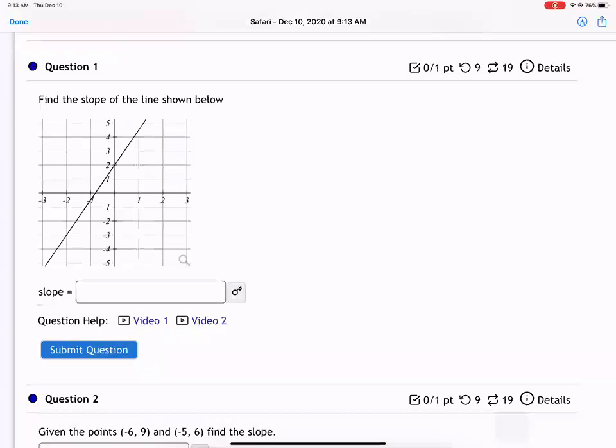Okay, hi everyone. Today we're going to go through the final review part 2 for our final test in Algebra 1. I'm just going to go through these questions so you guys have a reference to come back to. Now remember,